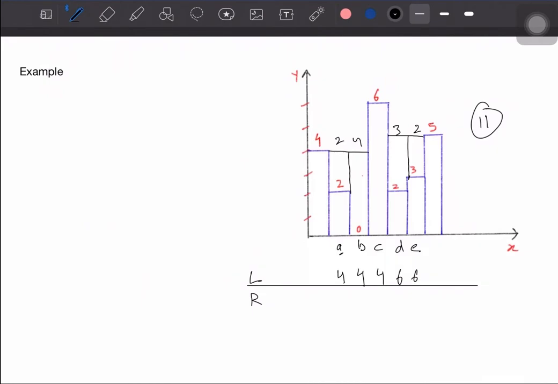Okay, and while computing the left, we go from left to right, and while computing the right, we'll move in this direction, right? Because that's how we'll compute the maximum right for each of them. So we are ignoring this first and the last, right? So for E, as I said, we can preset that this value is 5, because that's the only right it has for E. And for D, compare 5 with E's value. So 3 and 5 is 5, and then 5 with D's value for C,